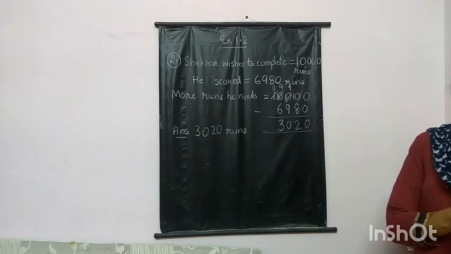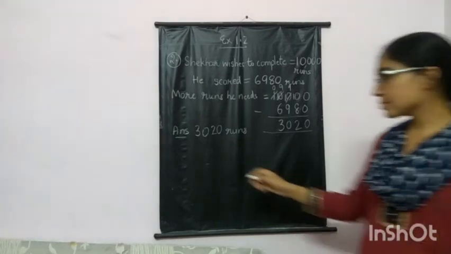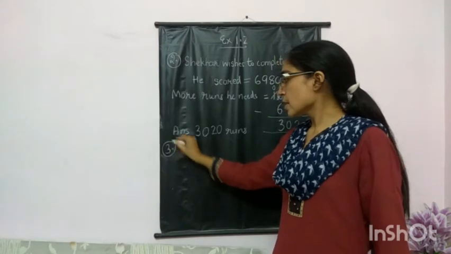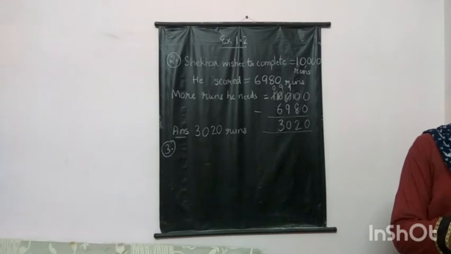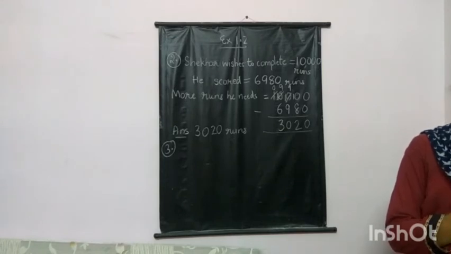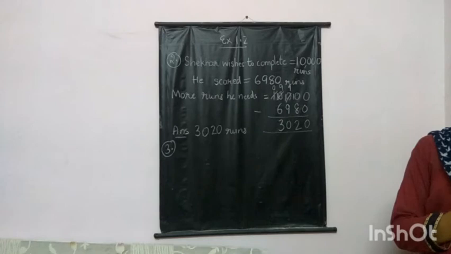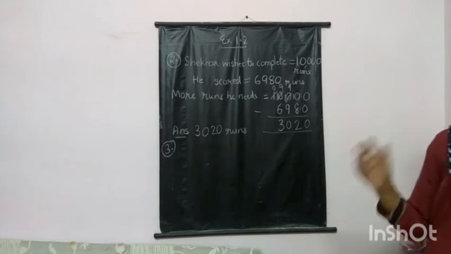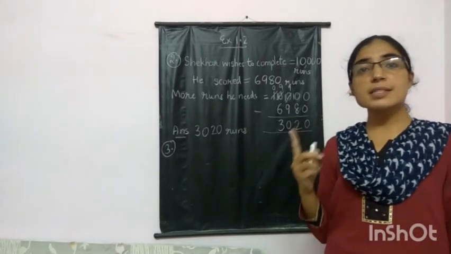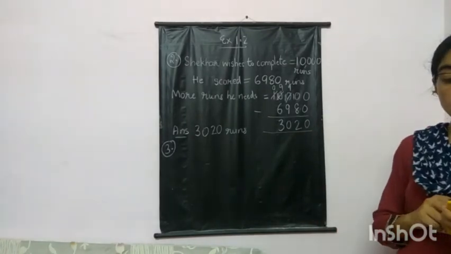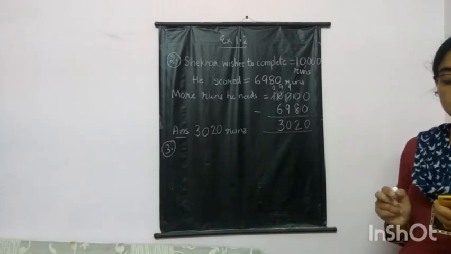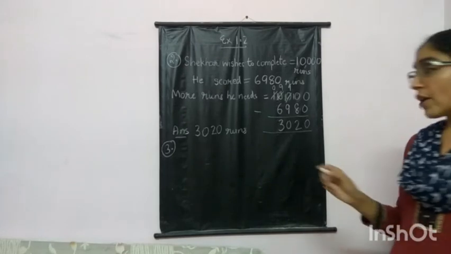Now next question I will explain. Question number 3. In an election, the successful candidate registered 5,77,500 votes and his nearest rival secured 3,48,700 votes. See, whenever we have elections, only one is the winner. So the one who is winner, that is called successful candidate. So the successful candidate registered how many votes?